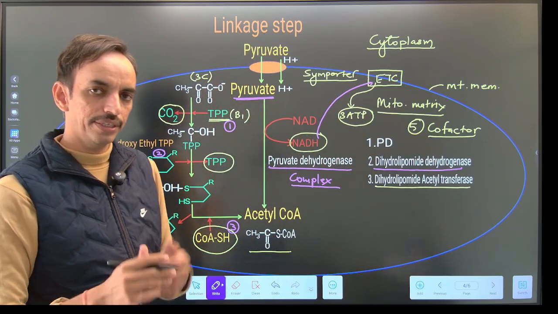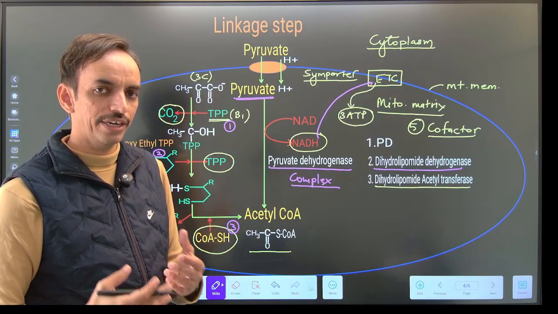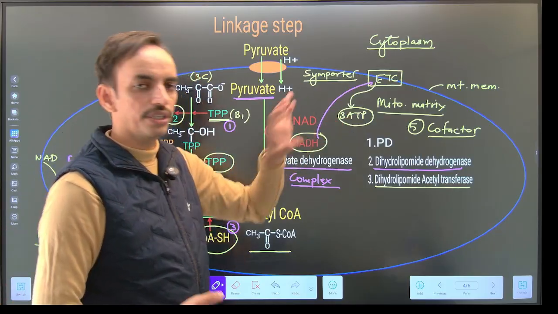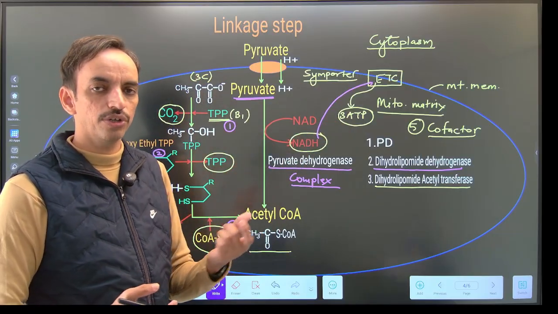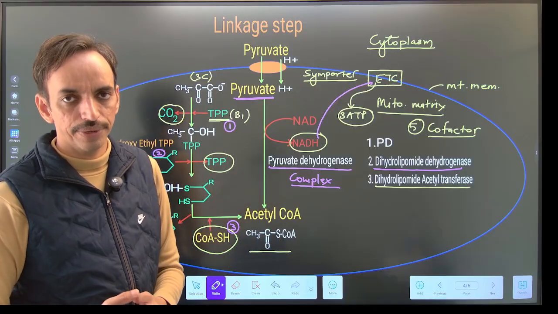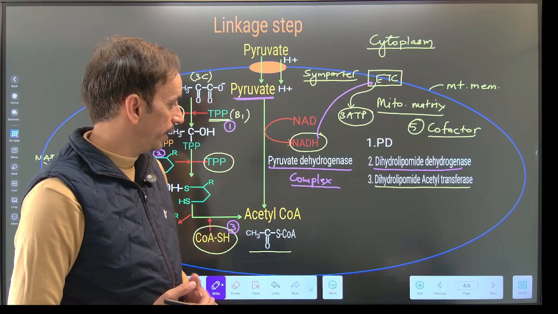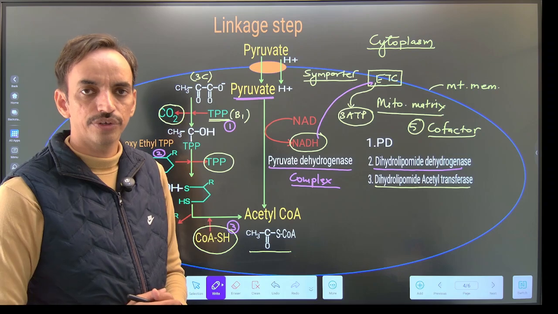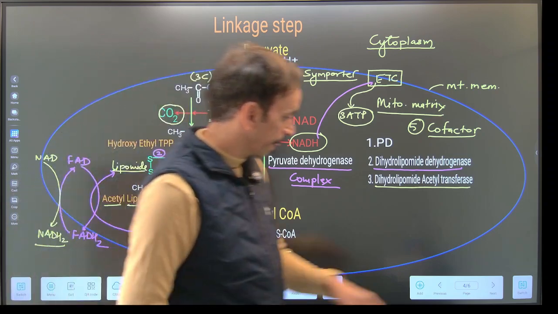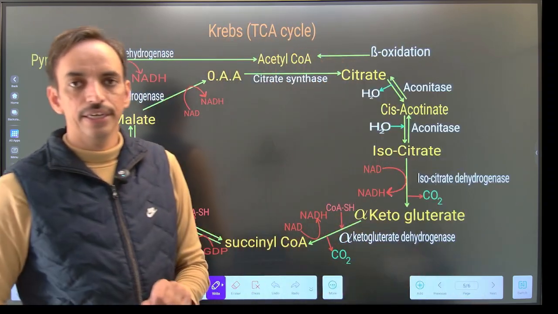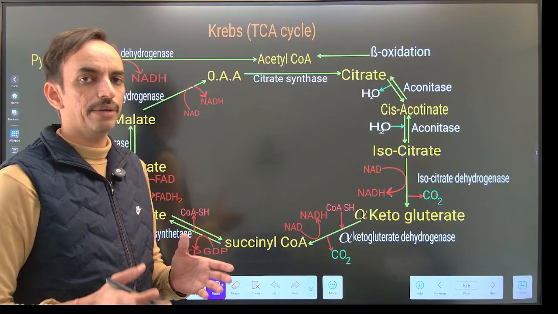So simply there is a conversion of energy currency from NADH₂ to the ATP और एक NADH₂ मॉलिक्यूल से अपने को 3 ATP इक्विवेलेंट एनर्जी रिसीव होती है। इसके बारे में अपन बात करेंगे जब इलेक्ट्रॉन ट्रांसपोर्टेशन चेन की बात करेंगे। नेक्स्ट अब आते हैं, बात करते हैं क्रेब्स साइकिल के बारे में। अभी तक अपन ने बात की लिंकेज